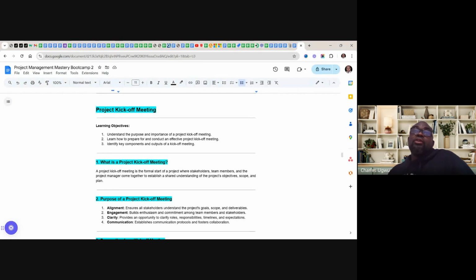If you are just joining an organization or starting a project for them, just like in business analysis, if you are trying to do requirement gathering, where you are going to invite stakeholders for a workshop or for a one-on-one interview, it is very, very important to them and to you as a business analyst to know how to conduct a requirement gathering meeting. Just like this is very, very important for you as a project manager to understand how to organize this kickoff meeting.